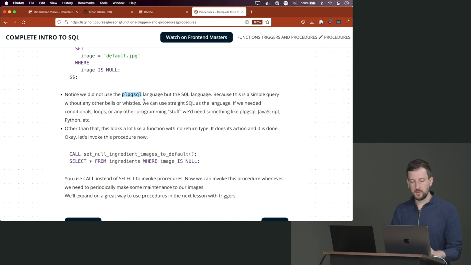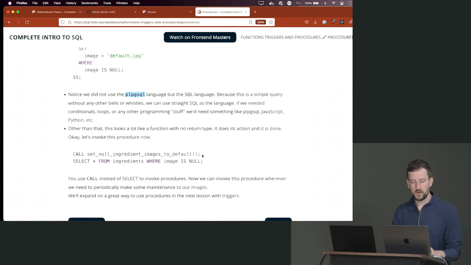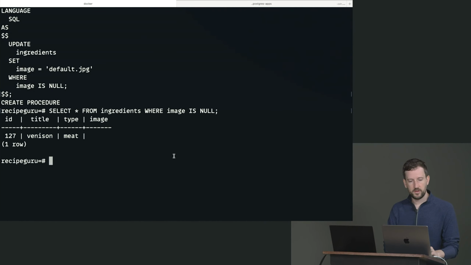So again, we could use PL/pgSQL here, but we don't need to. This is a simple query. If we needed to do some sort of for loop or something like that, you would need to use PL/pgSQL. Now, we could have some sort of background job, something in our app that would reach out. There's a cron. We could have an AWS Lambda that runs on some sort of timer that would call this. But anyway, something needs to call this function right here,